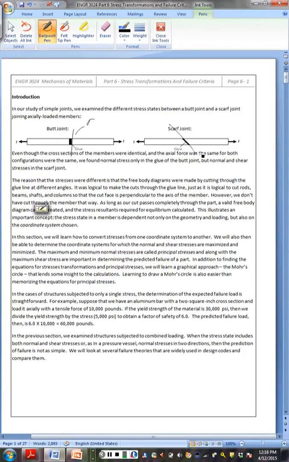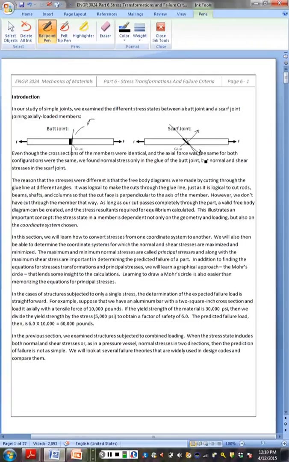But when we had this scarf joint, the geometry is different. So you had one component normal, one component along the face, and although it was the same applied force,